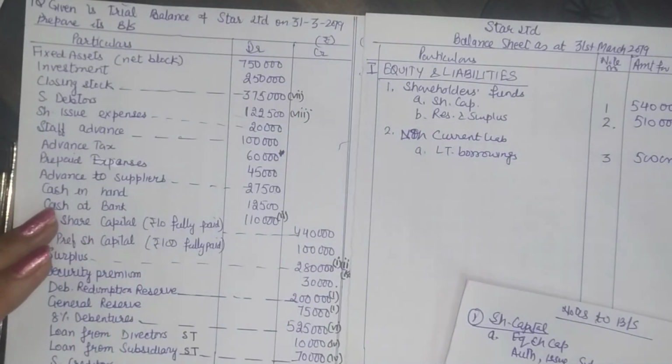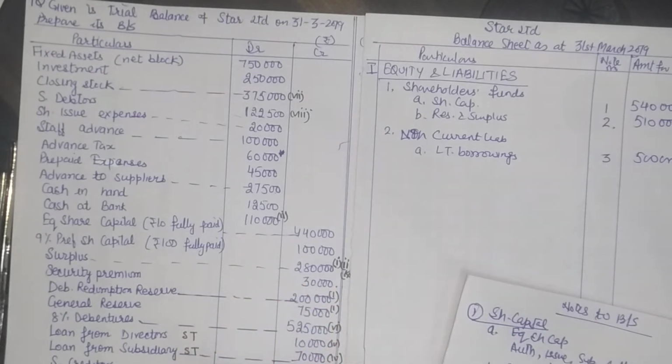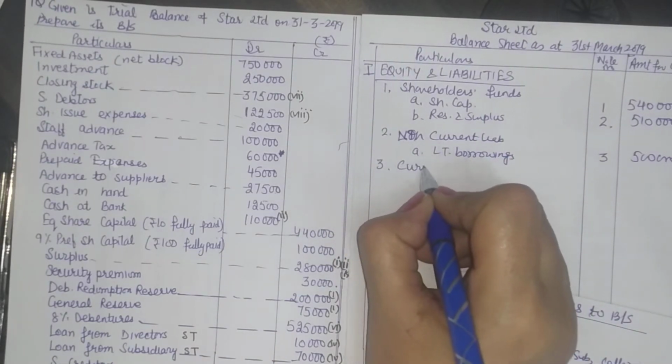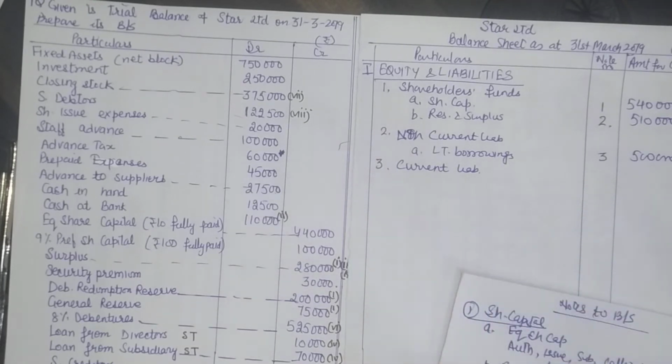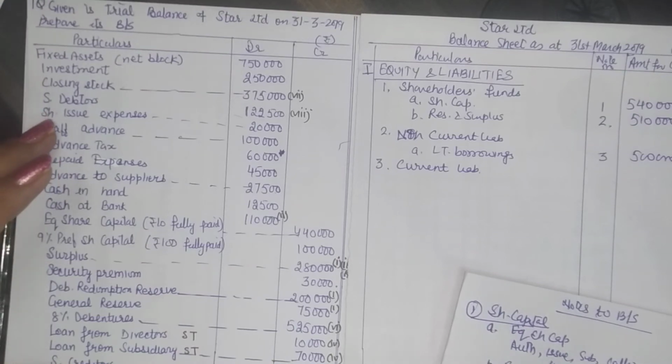Okay, now in the category of non-current liabilities, we have long-term borrowings, we have deferred tax liability, we have other long-term borrowings and long-term provisions. When we look here, we are not given any such information, so leave other things. Next is current liabilities. Now in the current liabilities, the first thing is short-term borrowings. So do we have any other borrowings? Yes, you have loans from directors, loans from subsidiary company, which are short-term and unsecured. So we will be writing up short-term borrowings.